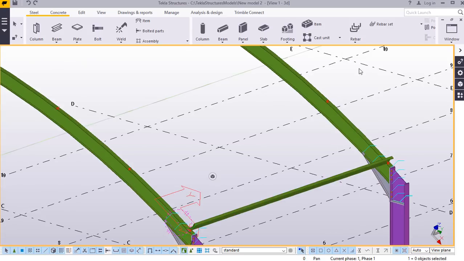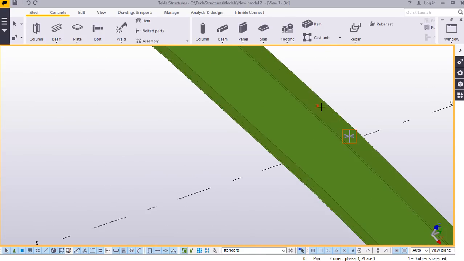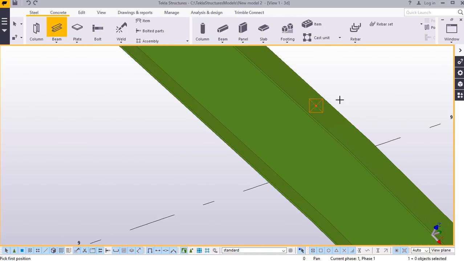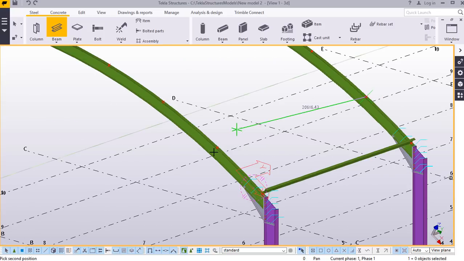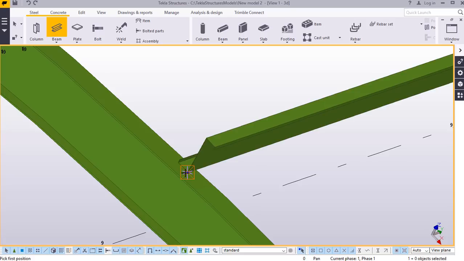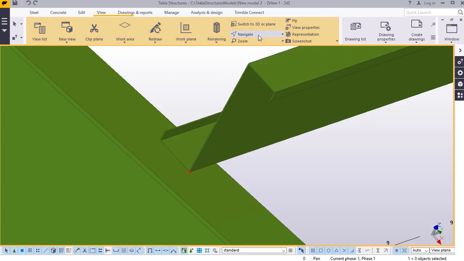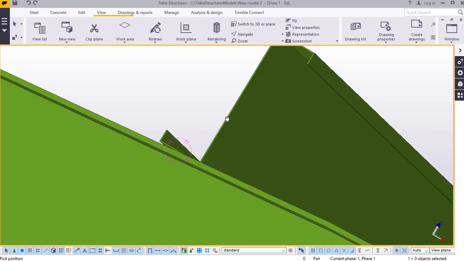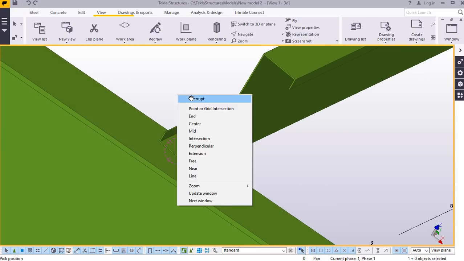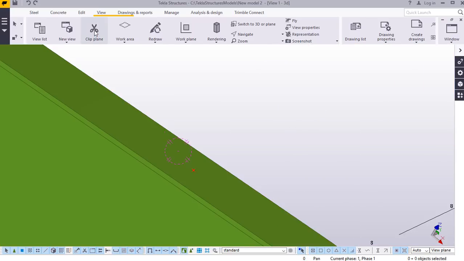Now we'll go to the next point and do exactly the same thing. Pick that, pick beam, then come to that spot, pick on that spot and zoom out and come all the way to this spot and place your purlin right there, and make sure it is landing properly against the rafter beam. If you take a look, it is not really in the right position. What we'll do, just click on that and right click and come to delete,